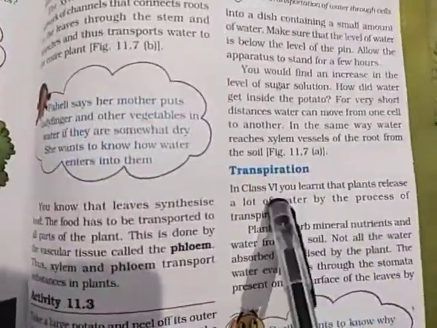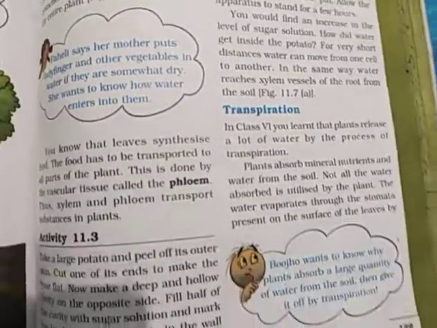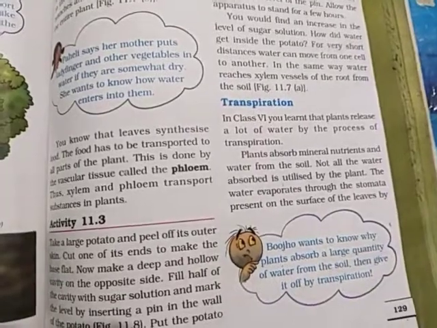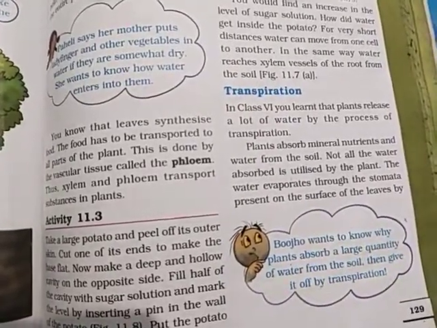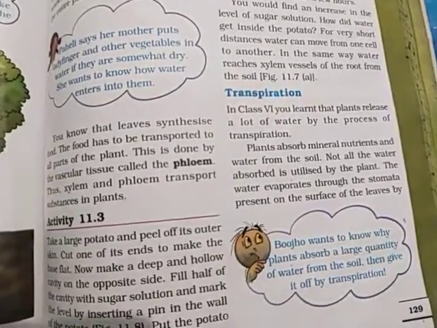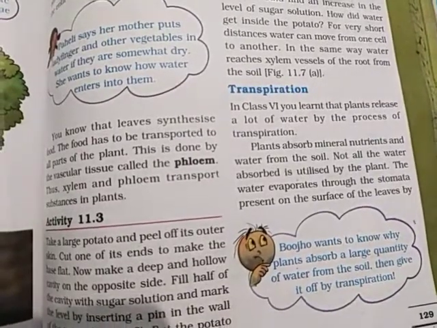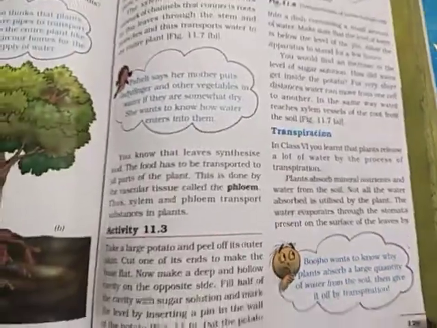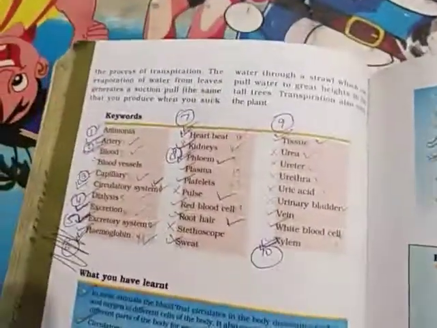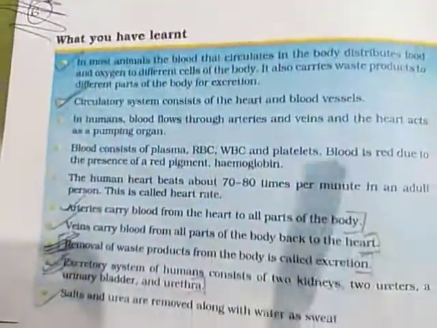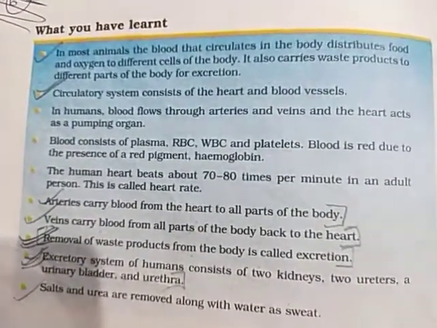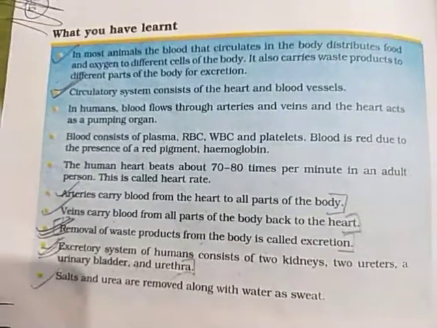Now the remaining part is transpiration. As human beings sweat or perspire, plants also remove the extra amount of water from their leaves through the stomatal openings. That process is known as transpiration. So this is all about the chapter. The summary of the chapter is very important, so please learn it by heart, because many questions will come from this portion.